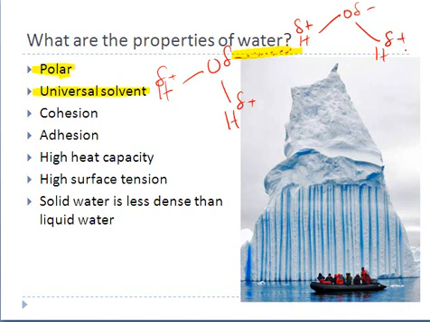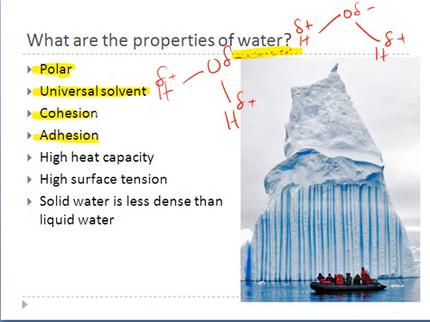The polar property of water also makes it easier for substances to rise. For example, water will rise to the top of the trees. If you stick paper in water, you know that it will have a capillary action and it will start going upwards, a vertical flow. Adhesion, on the other hand, is a horizontal flow, which means that it sticks with another molecule. High heat capacity